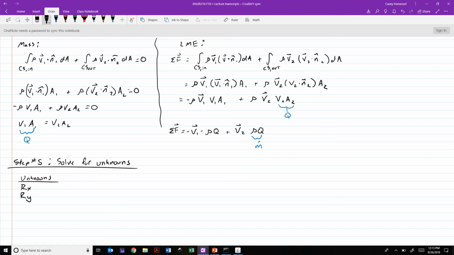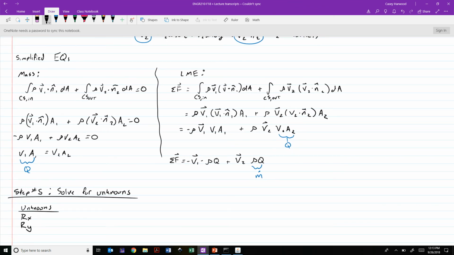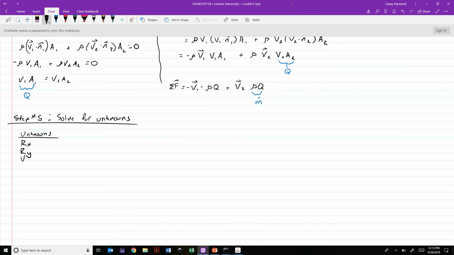But we're also missing, basically, v2 and A2. Those appear in both of these equations here. Now, what equations are we going to use to find these unknowns? Basically we're counting the number of equations and number of unknowns, making sure that we can actually make this happen. For the reaction force in X, we're going to be applying